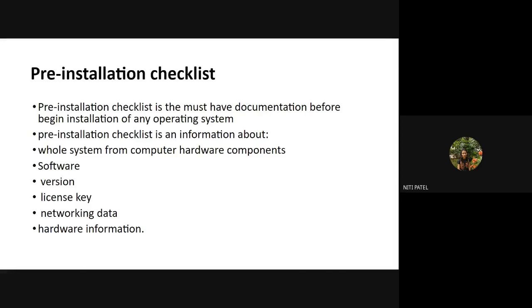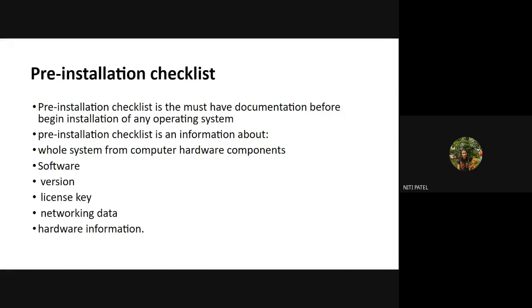Then with every operating system, I also get a license key if it is paid. Since Linux is free and open source, I will not have any kind of license key. But if it is Windows, I will always get a license key number from a manufacturer. If you know how to crack and install it, it doesn't require a license key. But if you are doing it in a legal manner, you will always require a license key.